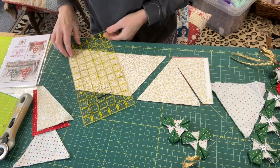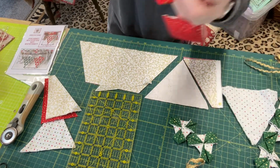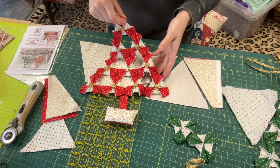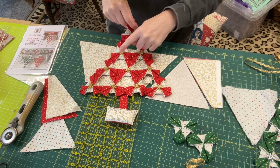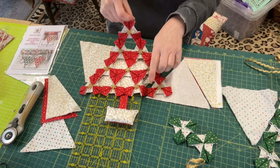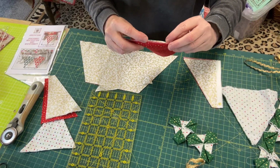So once you've cut them out, you want to match them into pairs, and you can see on the tree here, you've got 1, 2, 3, 4 on the bottom, 1, 2, 3 on the next row, 2 on the next row, and 1 at the top. So that's 3, 4, 5, 6, 7, 8, 9, 10. So you want 10 triangle pairs. Okay, so you'll just join them